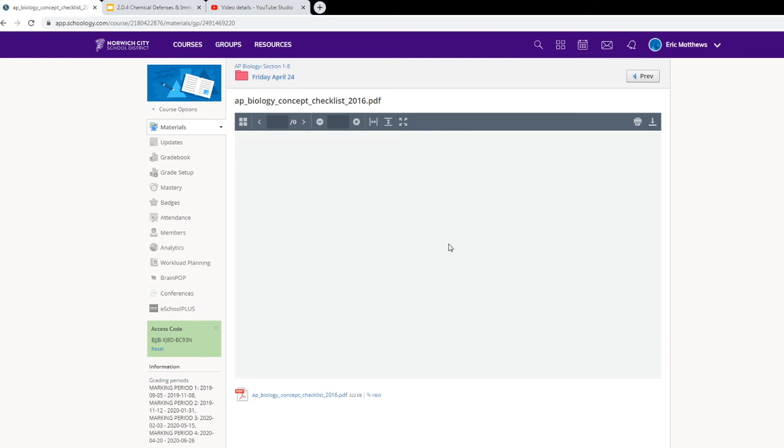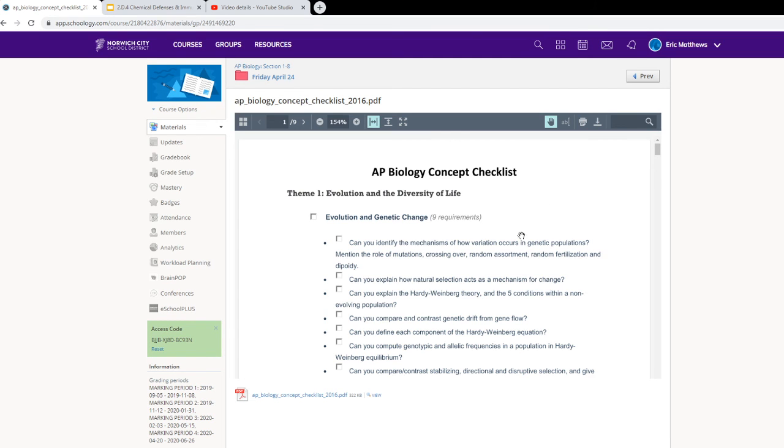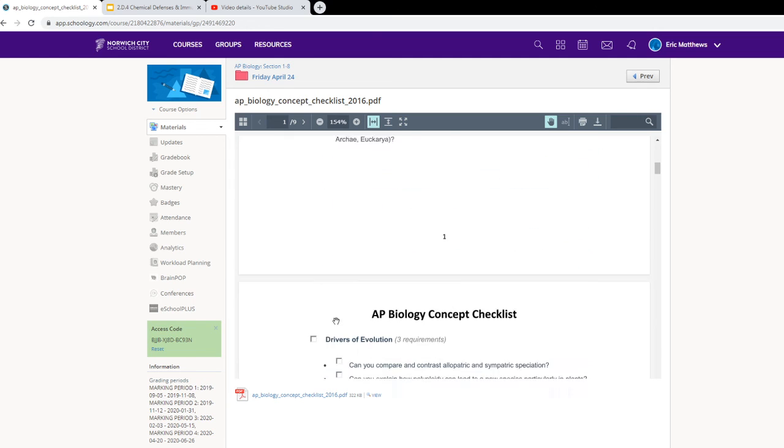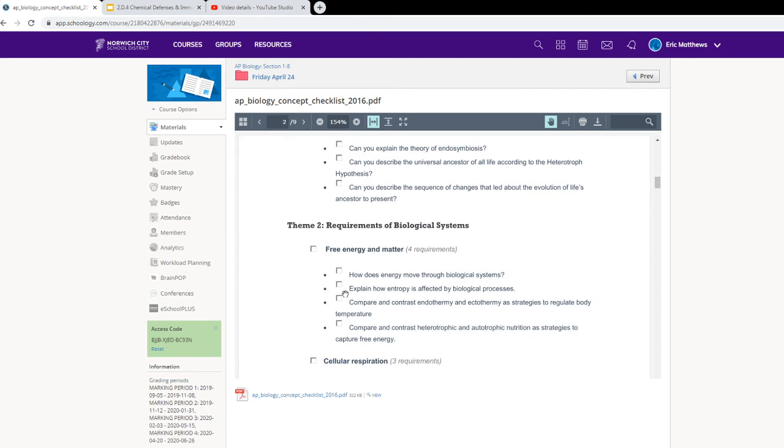As a case in point, if I bring this up and start going through here, the very first one is evolution and genetic change. Now, some of the genetic change things are not terrible, but all the Hardy-Weinberg stuff, they said that's not here. Don't worry about it. If you come down here to